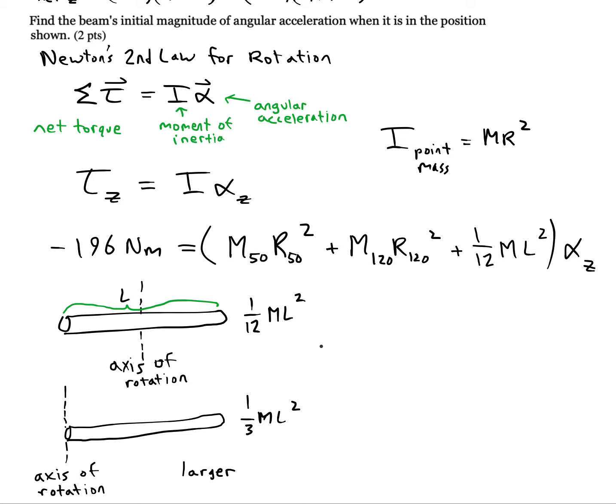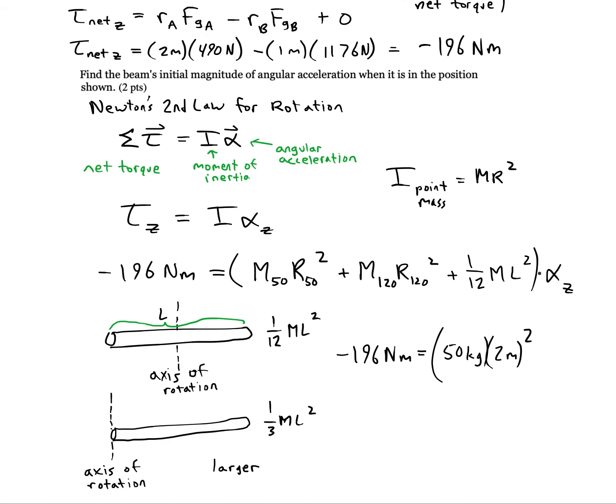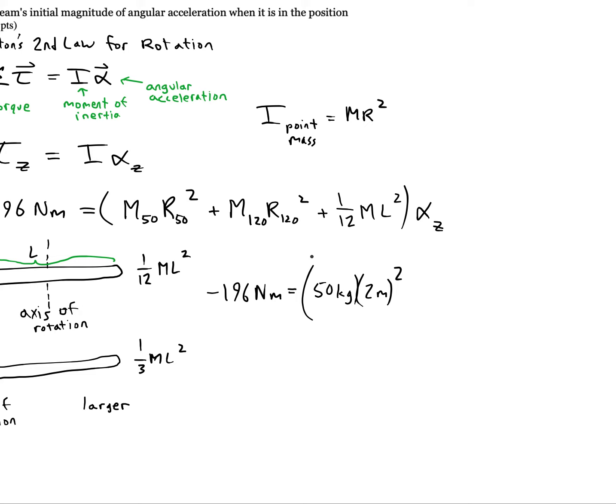Alright, so let's plug in here. We'll get negative 196. We're going to have 50 kilograms times 2 meters squared. Alright, that's for this ball on the left. We're going to need another parenthesis here. Okay, then we'll put in the 120. And its distance is 1 meter from pivot point. Then we'll do 1/12